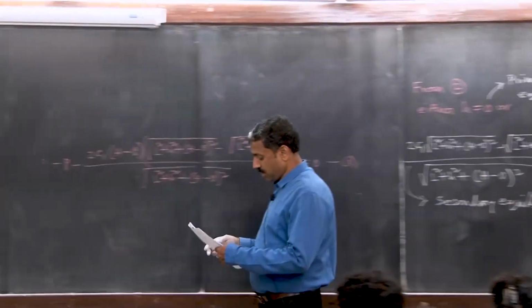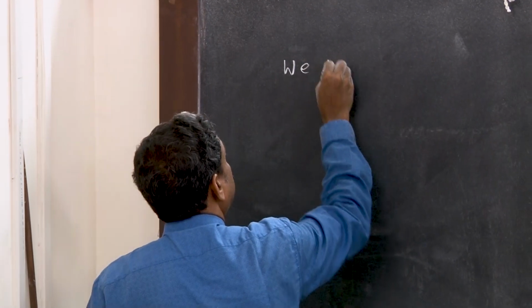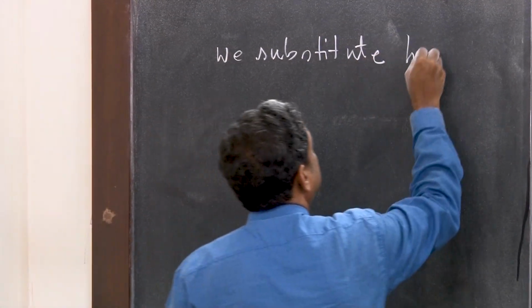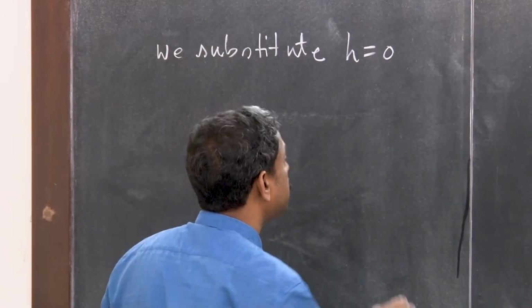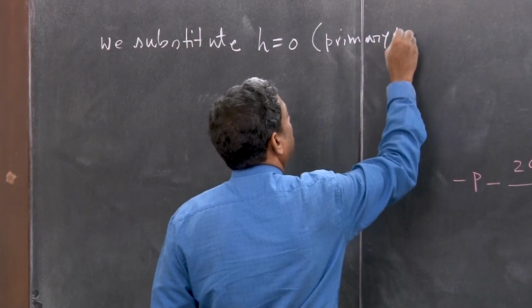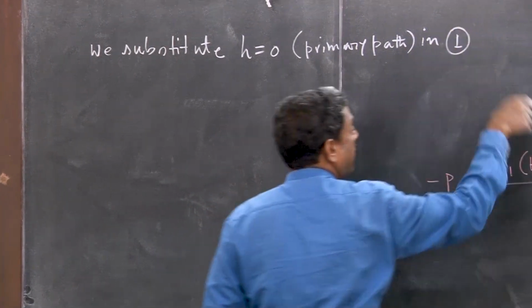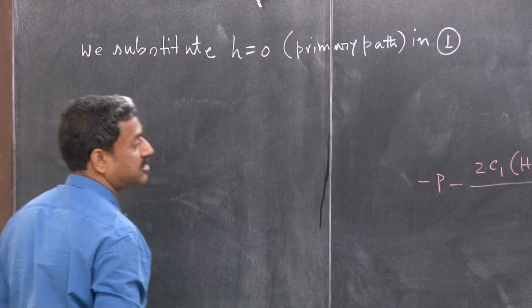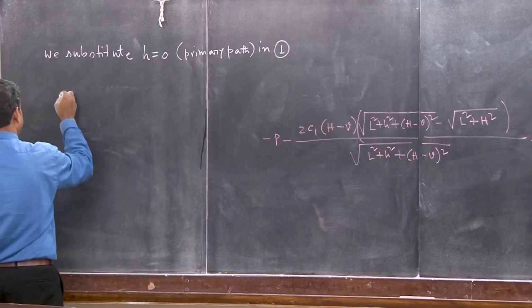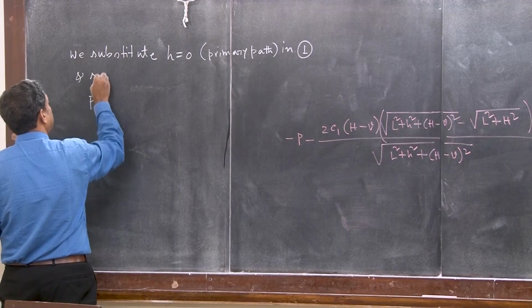So, now we substitute H is equal to 0, that means the primary path, in equation 1. Then simplifying,